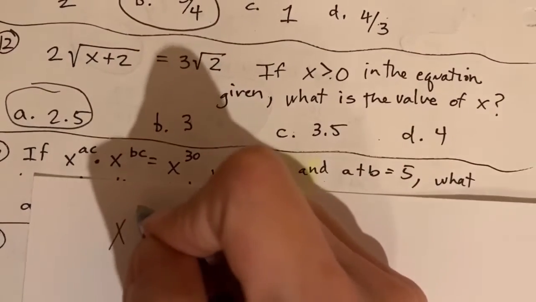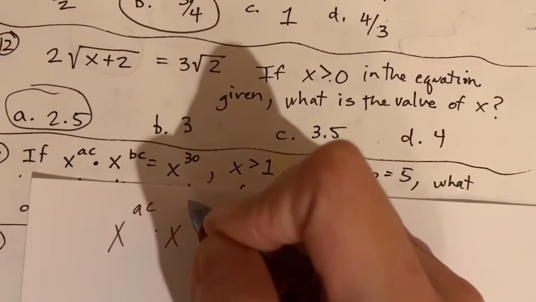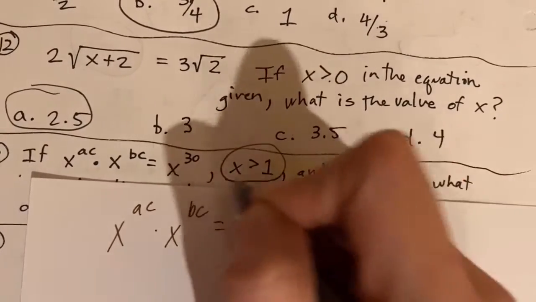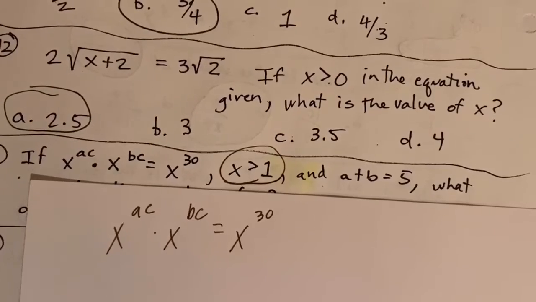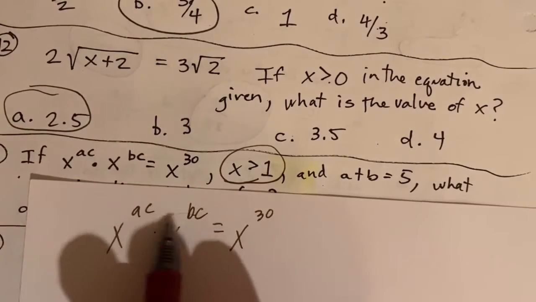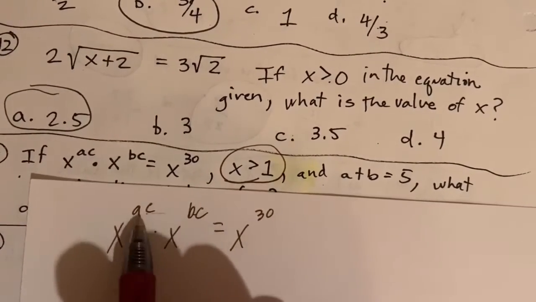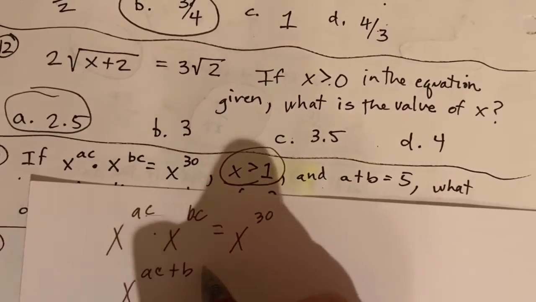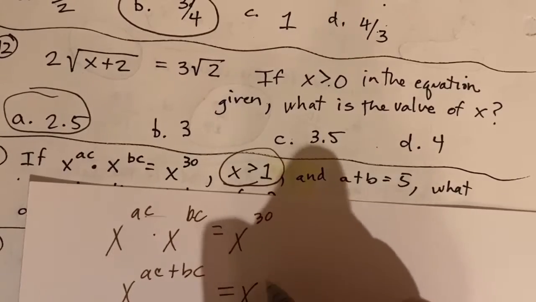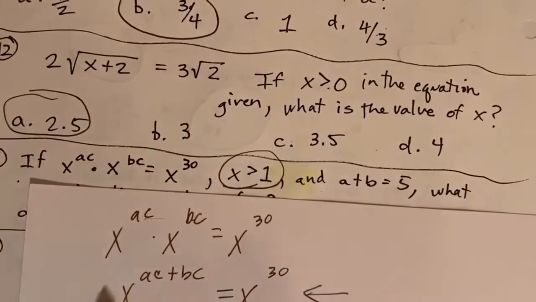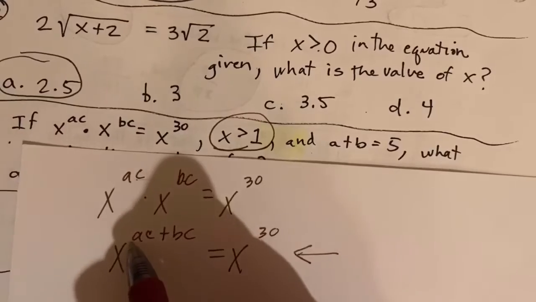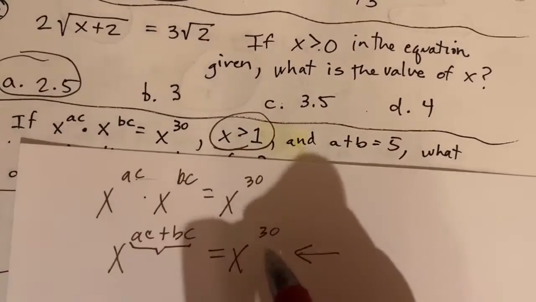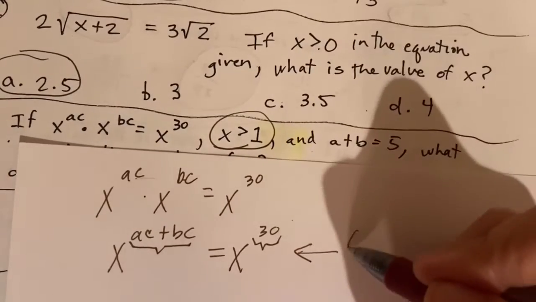Exponent rules. If a to the x, c times x to the b, c is equal to x to the 30, and we're making sure x is greater than 1, when we have numbers next to each other, remember we can add these exponents if they're the same base. So let's add these. And now we can compare. So comparatively, we know if this whole thing is equal to this whole thing, then these two exponents have to be equal,